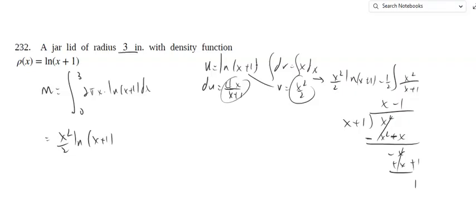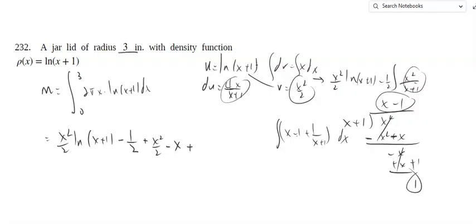So that is negative 1/2. And if I integrate that, that is going to be x minus 1 plus the remainder. And if I integrate that, that's simply x squared over 2 minus x plus natural log of absolute value of x plus 1,